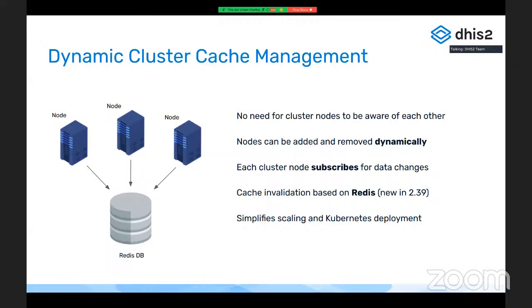instance of DHIS2. We know that many people still run DHIS2 using a single server or container, and we want to make it easy to run it across multiple servers or containers. We know it was a bit difficult, and now it should be quite simple to do. We also encourage people to utilize more servers to provide better scalability and better availability for DHIS2. So in 2.39, nodes can now be added and removed dynamically,